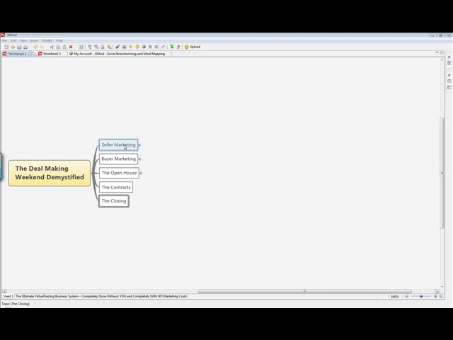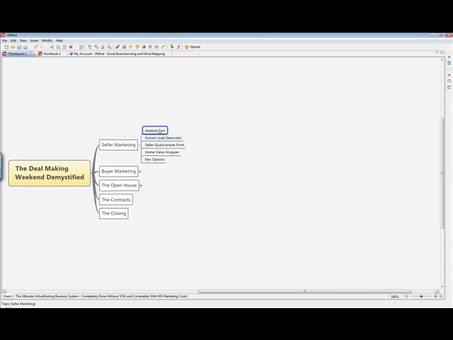Okay. So under seller marketing, what the group did on Friday was half of the group logged into DoDeals.com and started calling the sellers. Calling motivated sellers, the private seller leads, basically any seller leads they could find.